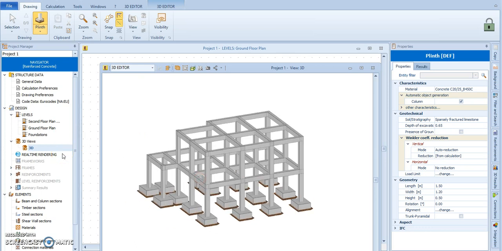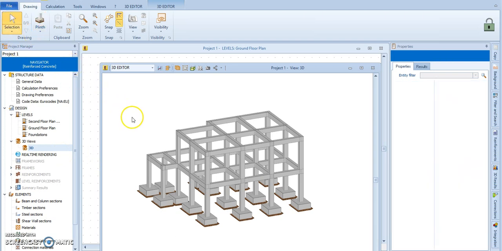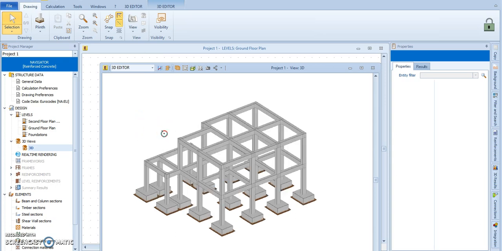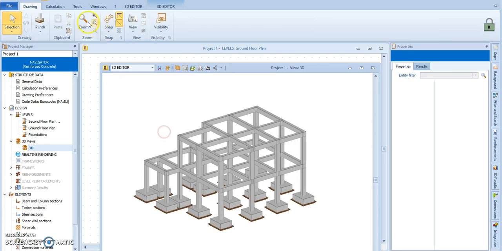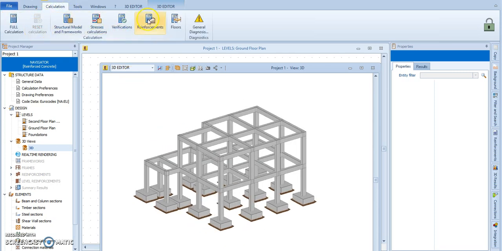Okay, that's it. Then in the next video we will show you how to analyze the structure and the reinforcement. We have here the calculation, i-calculate natin yung reinforcement. Stresses, first you have to check the structural model if consistent ba siya. Then the stresses,